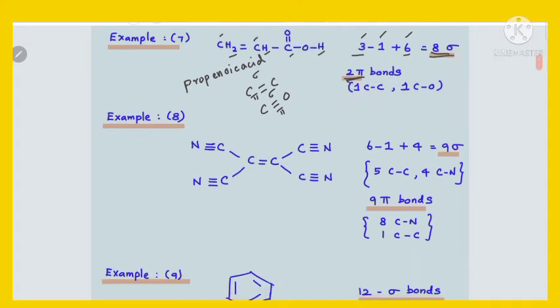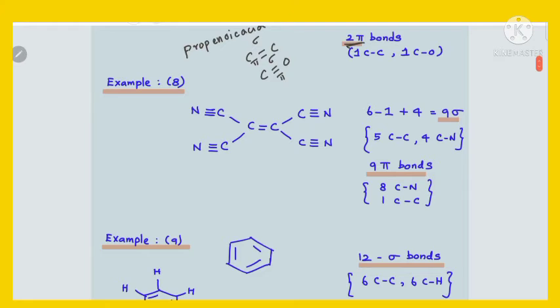Okay, right. The next example, a cyanide type of compound, isn't it? Right. Now let's calculate sigma bonds using the formula. I just recall the formula again. The number of sigma bonds equals total number of carbon atoms minus 1 plus total number of other atoms. Okay, so first term, number of carbon atoms: 1, 2, 3, 4, 5 and 6. The number of carbon atoms is 6 minus 1, isn't it? Then total number of other atoms.